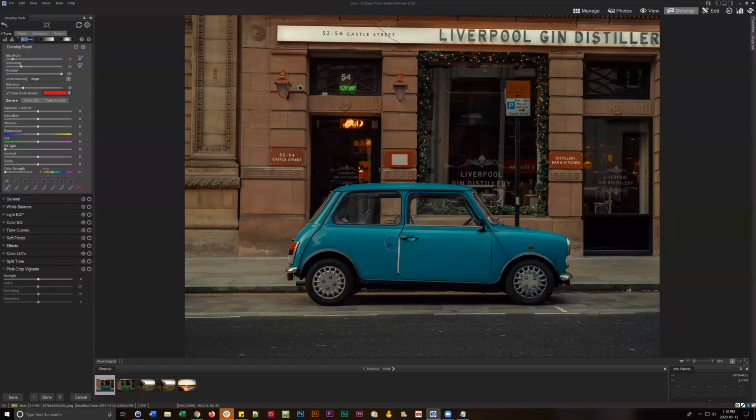Now, let's talk about tolerance. Eventually, we're going to make a selection of this car. That's the game plan. Tolerance is really useful for being extremely specific. Let's set this to very low. I'm going to set this to a 10 tolerance. You'll notice as I brush over